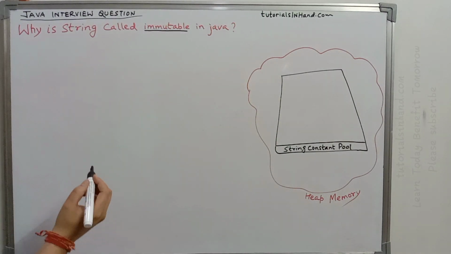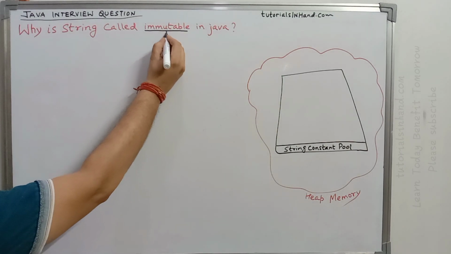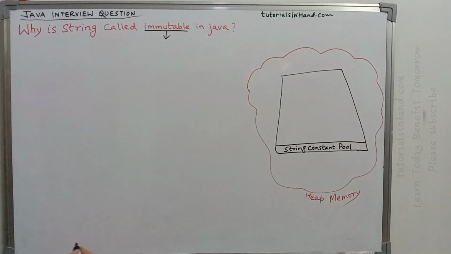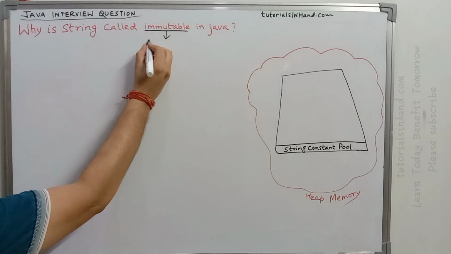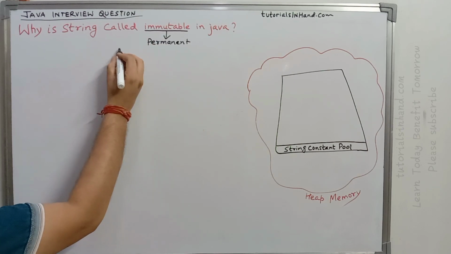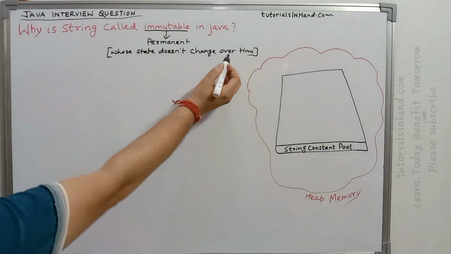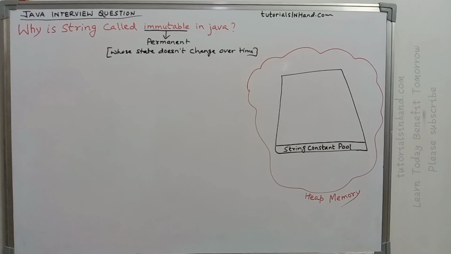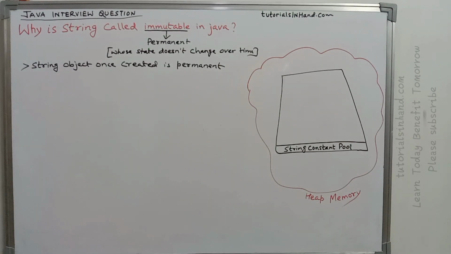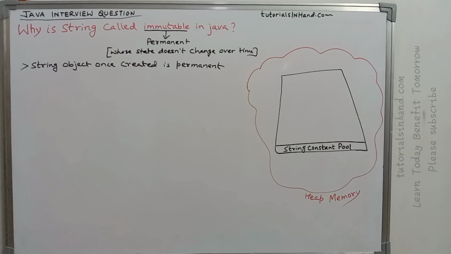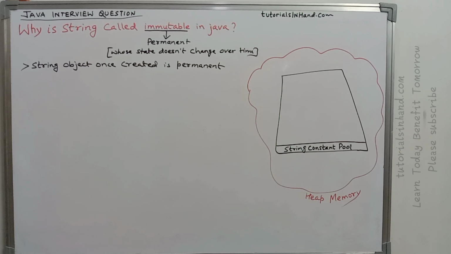So the first thing is, when you get this question, you should have a clear understanding of what immutable means. Immutable means something which is permanent, that means whose state doesn't change over time. This means that a string object, once created, is permanent and its value will not change over time. Now how do we understand that it is immutable and how do we explain this immutability when you are asked